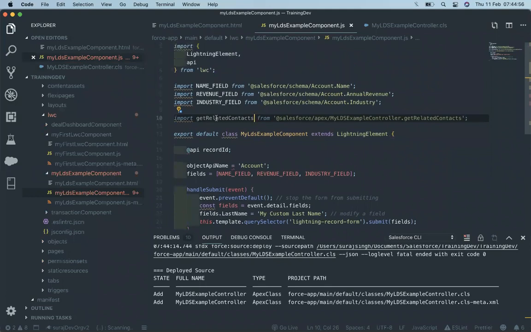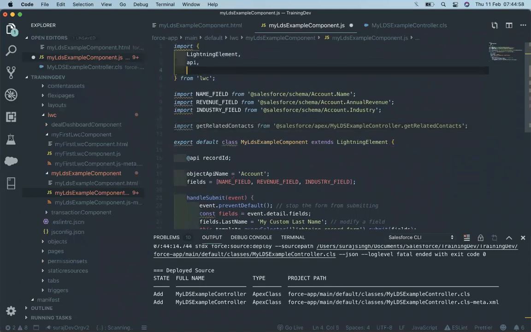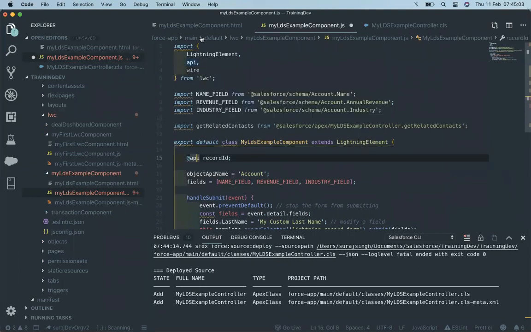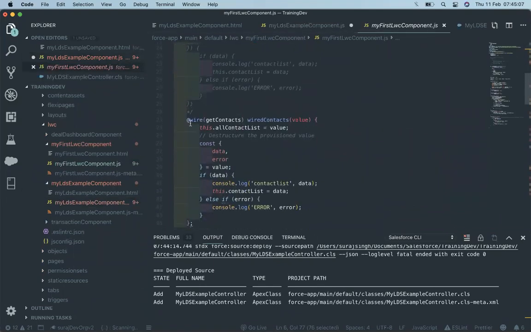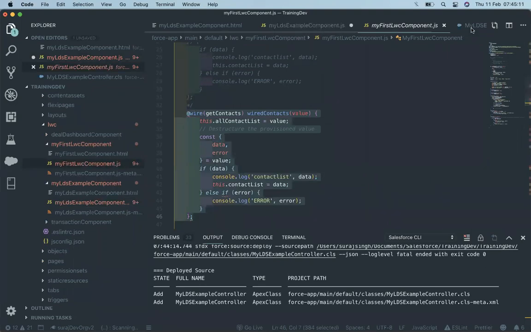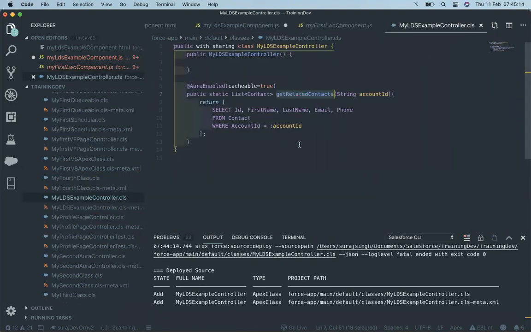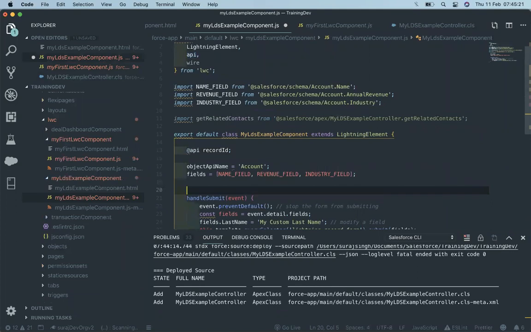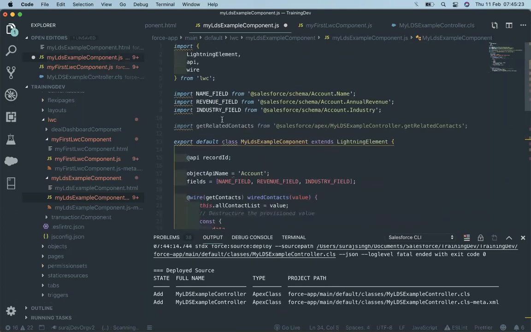Now we can use the wired property to get the records as soon as the component is loaded. For using the wired property, just copy and paste what we discussed earlier. Here is our earlier example. Let's paste it up here. Instead of getContacts, it becomes getRelatedContacts, and this will be the same. It's an optional thing, no issue in that.